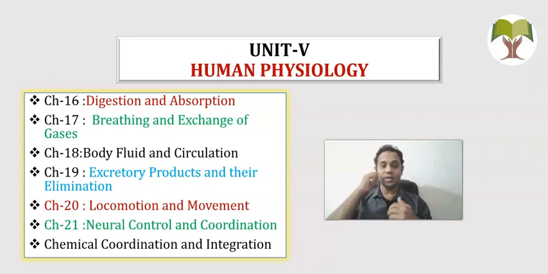Then circulation. You know that in our body the blood is continuously being circulated all over the body, and this process of circulation is principally carried out by a very important organ. That organ is called the lungs, actually sorry, not lungs, I'm extremely sorry, that is the heart. The circulation is primarily the flow of the blood in the body. The pressure which is required for that flow of the blood in the body is provided by the heart.